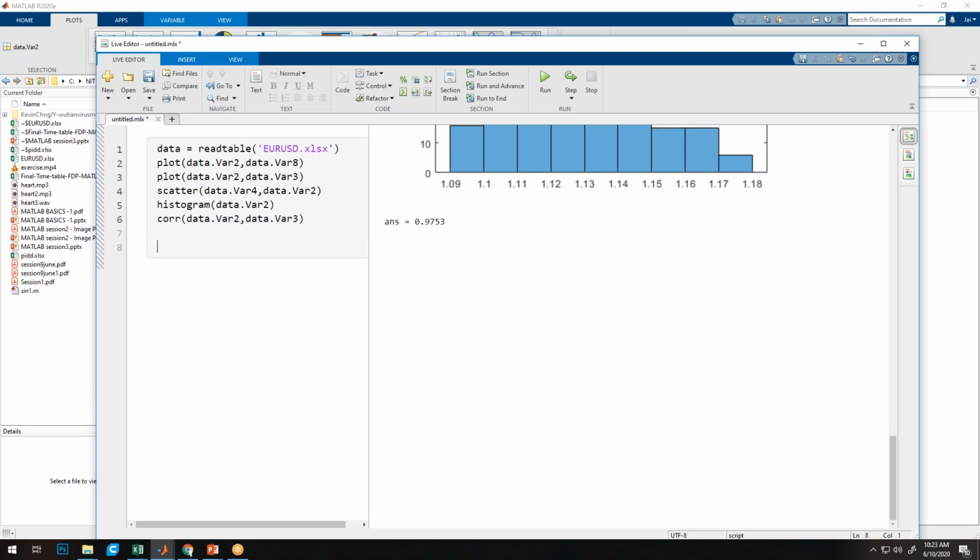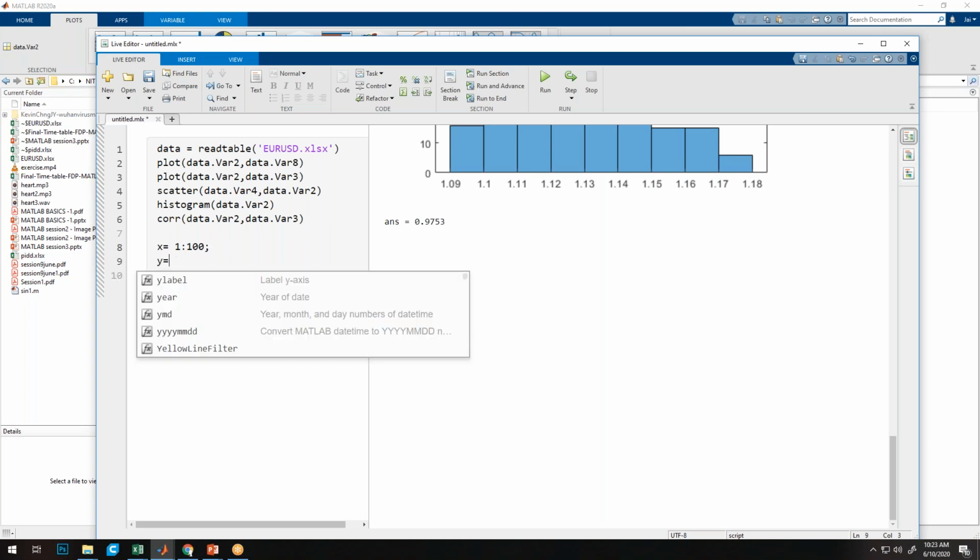To understand this, we will generate dummy data. Say there is a variable a from 1 to 100. Suppose this is my x and this is my y, where y is equal to sine of x.